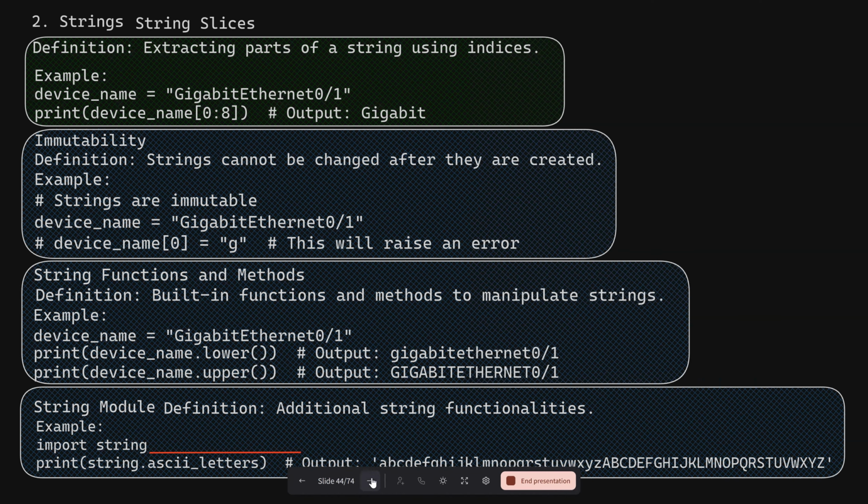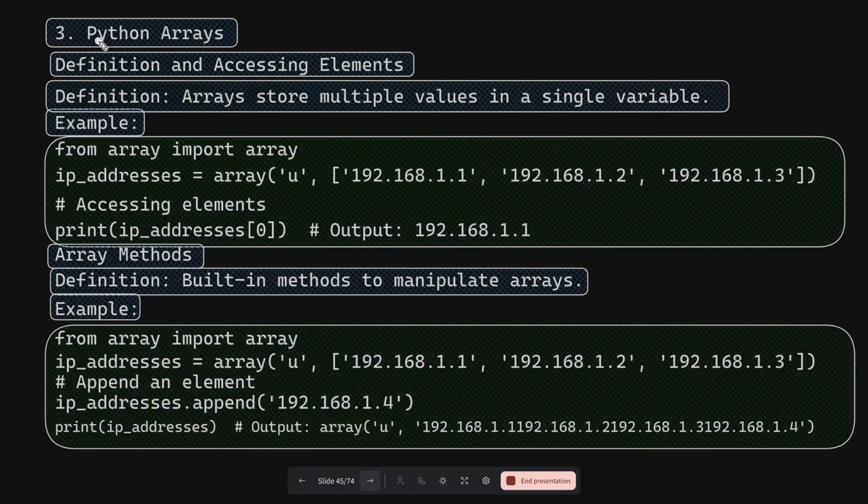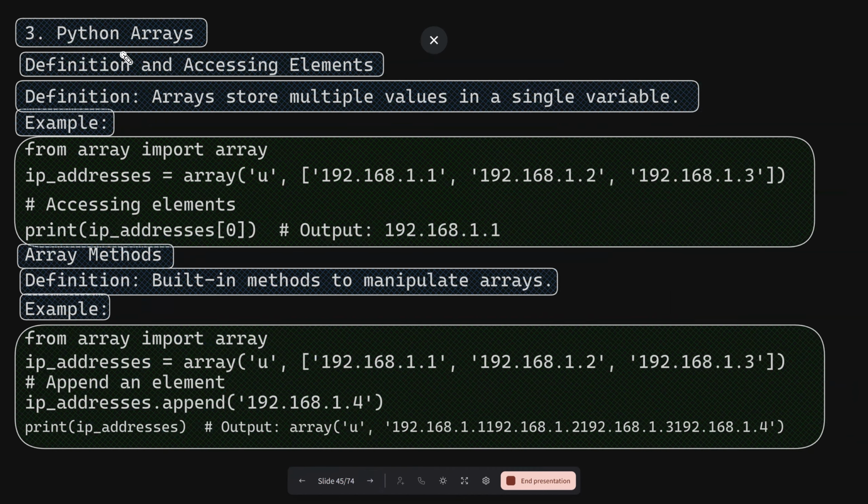So just for a quick refresh, we have one data structure, that is the array. An array can store multiple values in a single variable. I can see that from array we can import array, and then you can see the IP addresses in the array. So we have an array, and then the list of IP addresses like